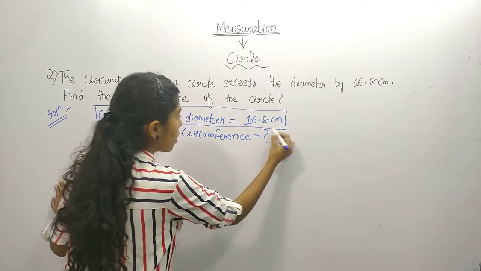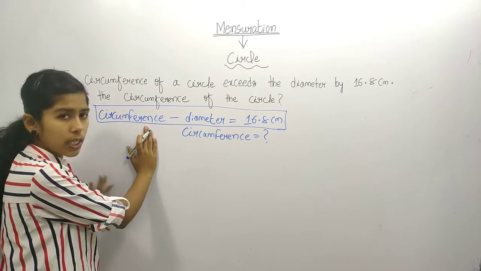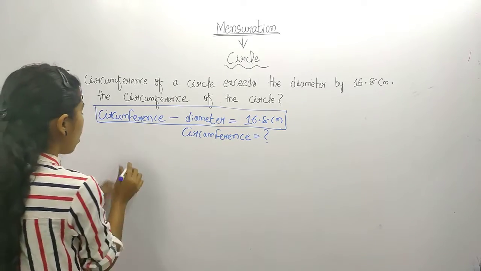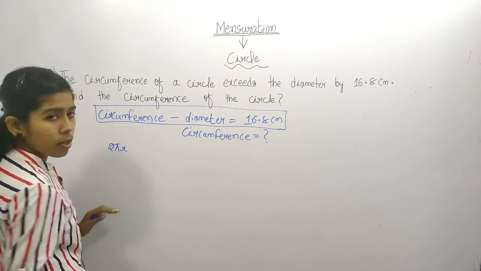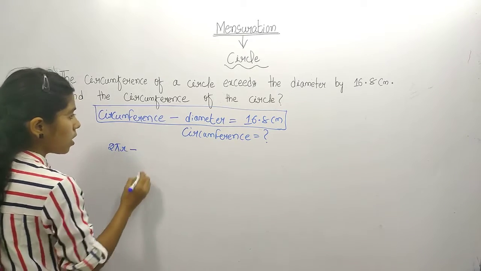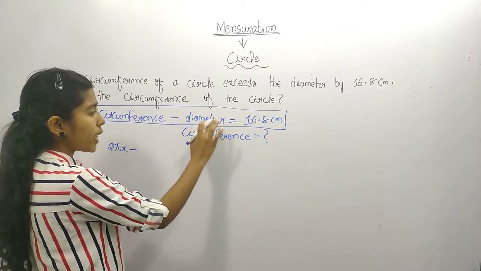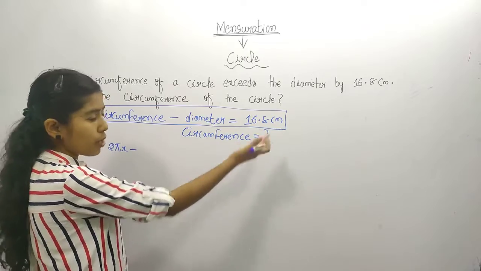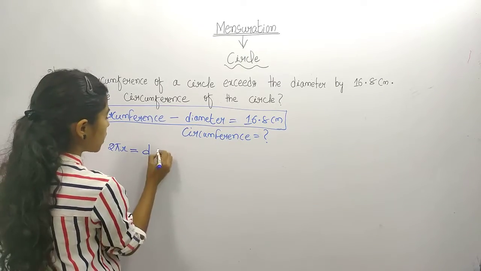This is the main question. Okay, so you know the circumference formula of a circle. Circumference is 2 pi r minus d. So here minus d is there. You can take the diameter to the right hand side, so it will become plus d plus 16.8